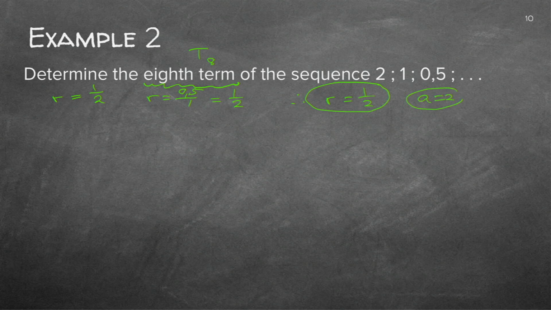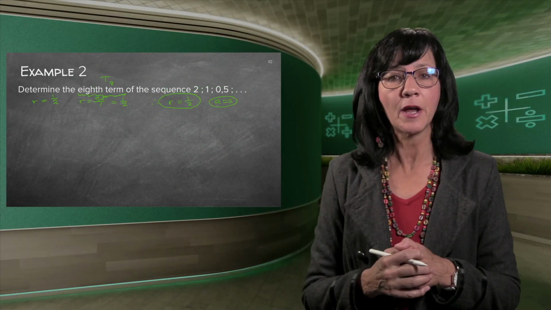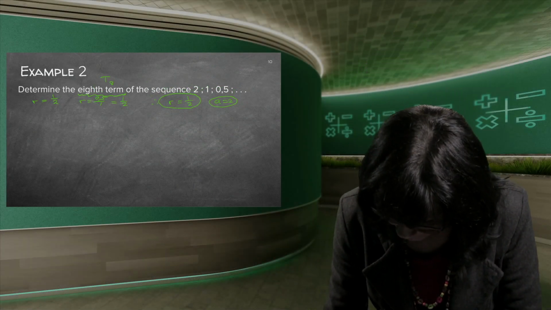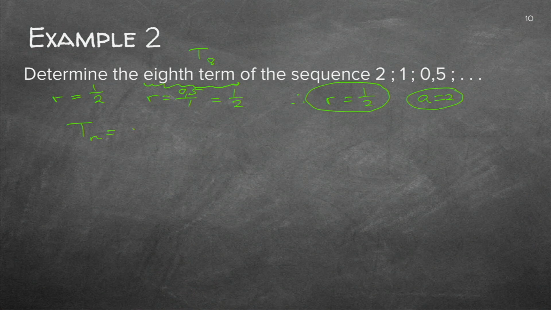The minute you can write down these 2 things, I just do the loopy because in my mind, I need 2 loopies before I can carry on with my sum. Now I can pick the right formula. I can pick the R formula. Tn is equal to A R to the n minus 1. And I can fill in what I have. They told me it's the 8th term I want. I have the A, which is 2. I have the R, which is a half. I have 8 minus 1, which is just 7. Remember? You can just, instead of writing 8 minus 1, just write the 7 there.